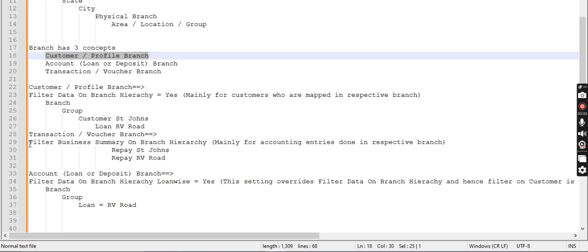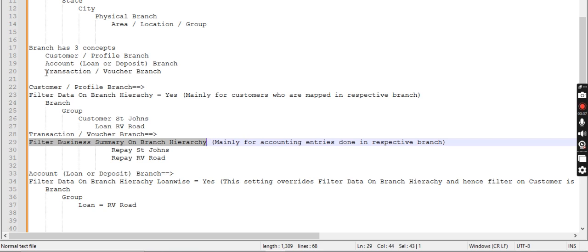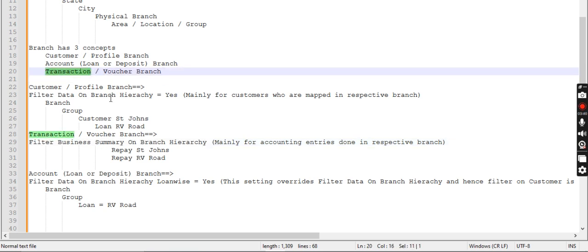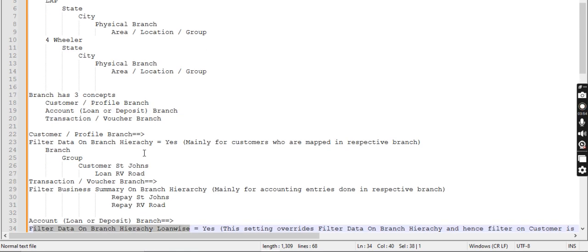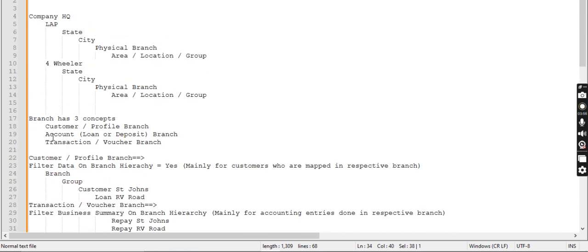If you configure Filter business summary on branch hierarchy, it means that whatever transactions are done will be filtered based on the branch you have selected or in which branch you are operating. And the third setting is Filter data on branch hierarchy Loanwise. It means when you configure this setting, then your reports will be filtered on